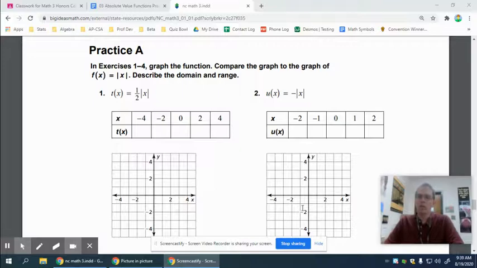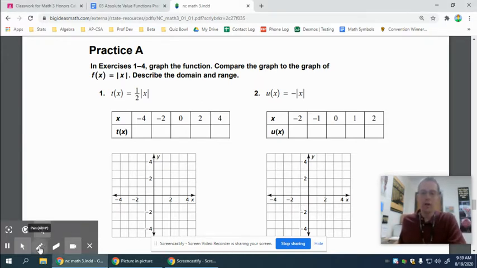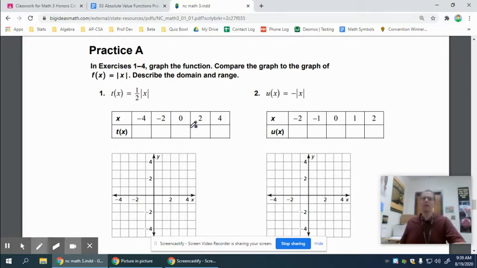Good morning, students. We're going to go ahead and work a few problems related to today's absolute value assignment and hopefully hit a few highlights for some of you who wanted to review a few things. We're going to start with this problem here. I'm on page 7 of your Big Ideas book. It's wanting you to basically use a table of values to graph these functions and then talk about domain and